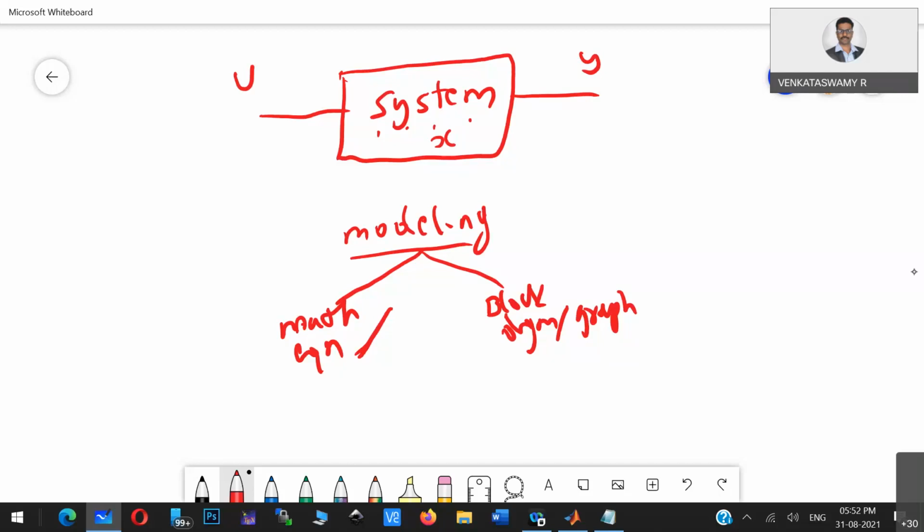There will be n number of inputs and m number of outputs, and you will land up with a complex equation. Somewhere we also make some assumptions, so it is very difficult to make a mathematical equation for a system.